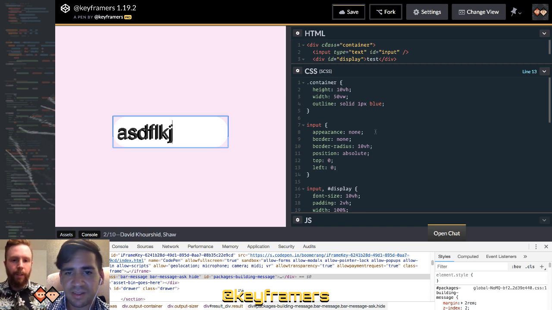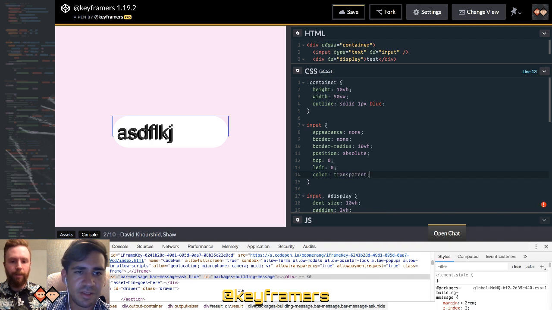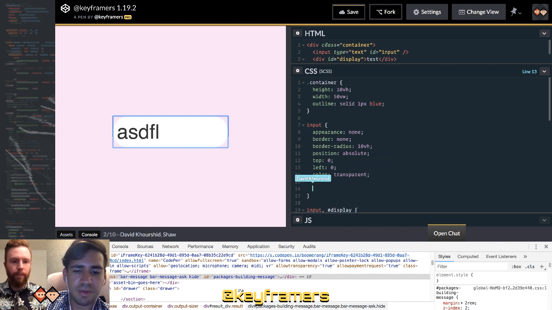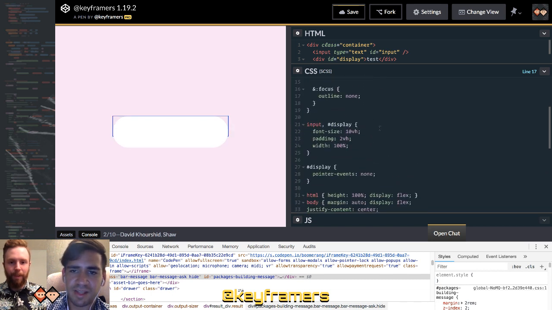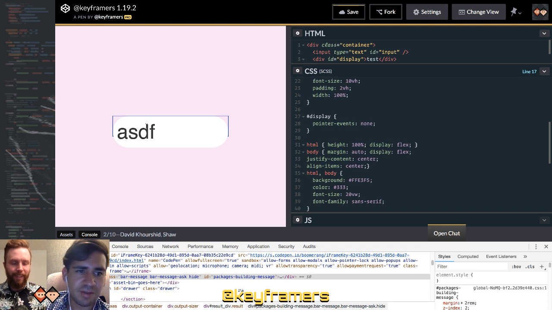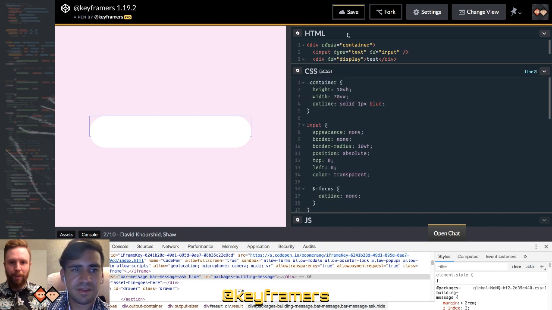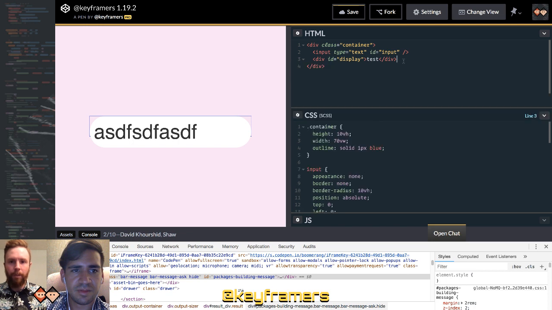So what we want to do is hide the input anyway. Or do color transparent. And then in theory, cool. You get no cursor, it works. And we're going to do also the worst thing ever, which is removing the outline on focus. It's bad, but it's for aesthetics. And you have to make sacrifices somewhere. Which we could do a better job of. But hey, we're going to just do this really quick.